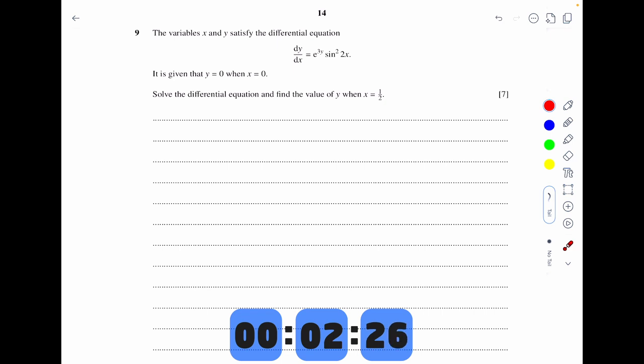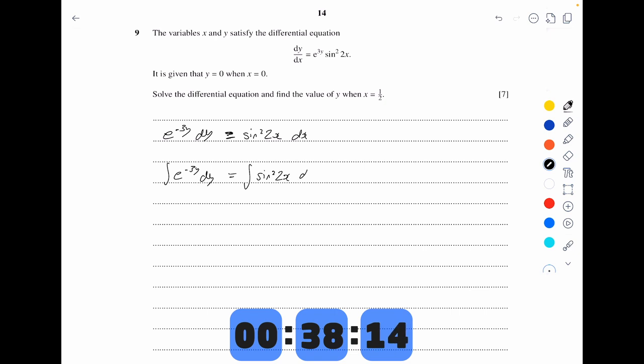So dy by dx, okay, firstly we need to separate the variables. So e to the negative 3y dy is going to equal sine squared 2x dx. Okay, so if we integrate these now, the integral of e to the negative 3y dy is equal to the integral of sine squared 2x dx, right? Brilliant. So therefore,